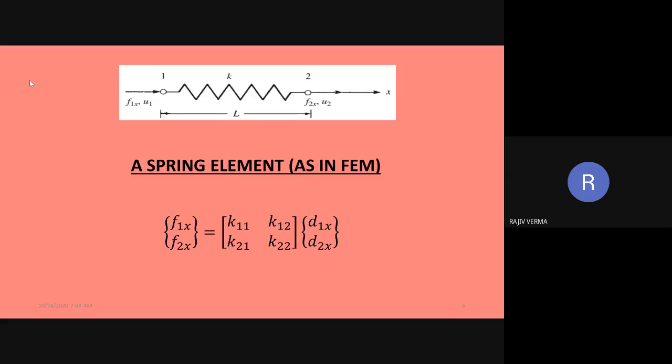And this happens to be the relationship between deformations and forces. The size of the deformation and the force matrix happen to be 2 rows and 1 column. And the K matrix, which is appearing in between, happens to be the stiffness matrix of size 2 by 2. Please observe that the K matrix has 4 terms given by K11, K12, K21, and K22, where obviously